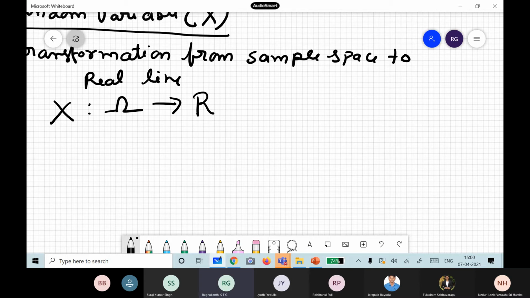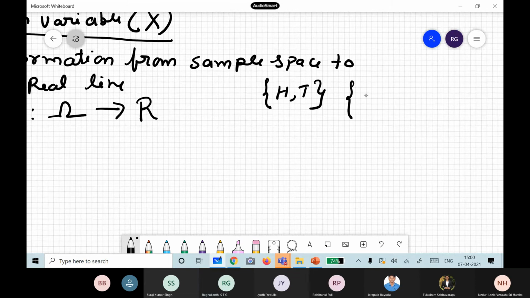See, what is the sample space for tossing a coin? Head and tail. So how many are there in the sample space? 2. And head and tail are not even numbers. They are not even a number. They are some alphabets or something you have. Now, if you are having a die throwing problem, what is the sample space? 6. 1, 2, 3, 4, 5, 6. So these are integers, some numbers, but 1.1, 1.2, 1.3 you don't have.